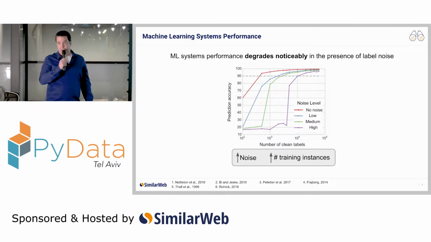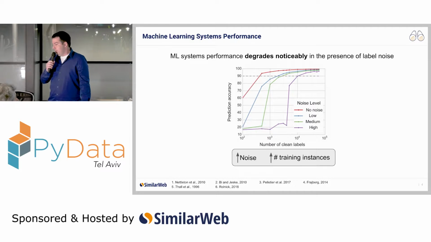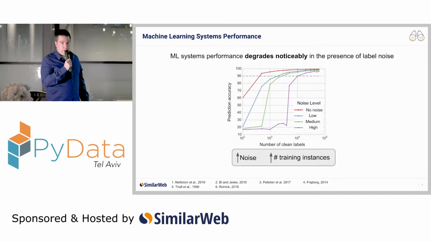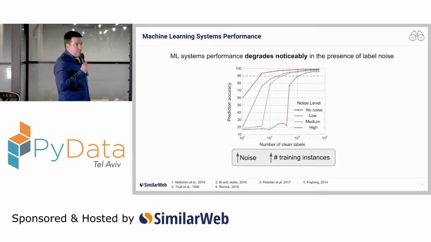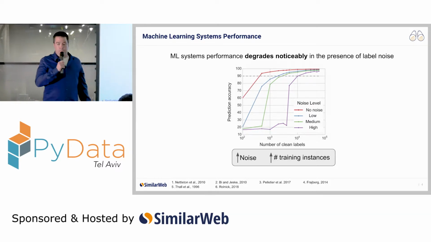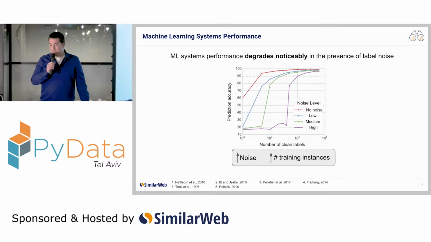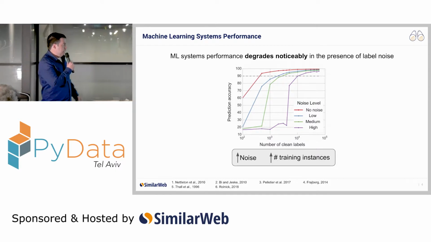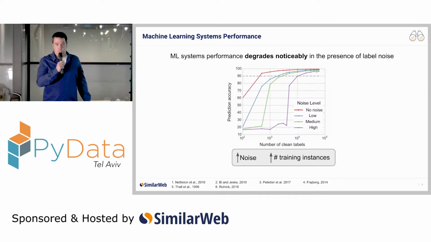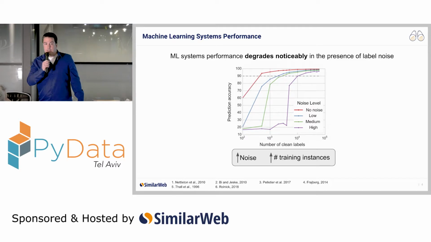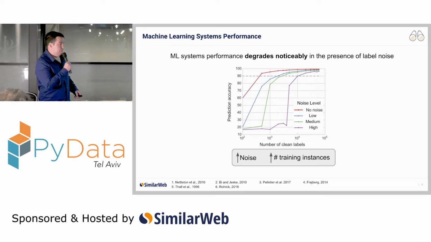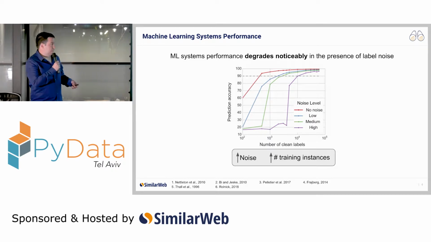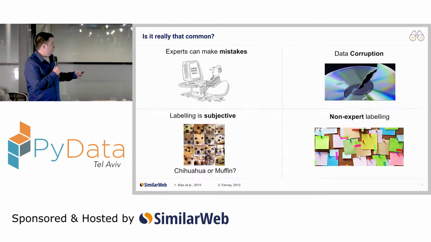Unfortunately, this is not the only downside of label noise. Researchers have found additional downsides, such as a difficulty in performing feature selection, a substantial increase in the complexity of learned models, and the need to increase the training data in order to produce the same test accuracy. Like the example you see on screen, where the researchers needed many more clean training instances in order to reach a 90% accuracy threshold in case the data was very noisy in comparison to the noise-free baseline.